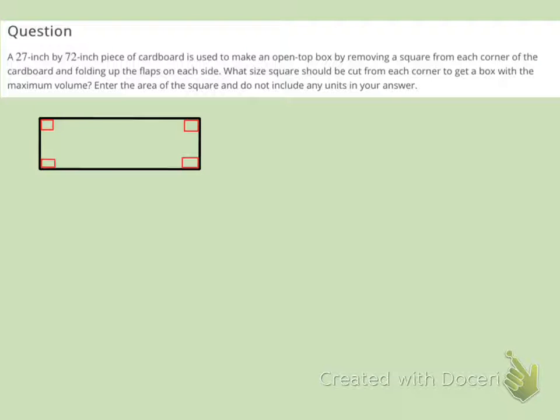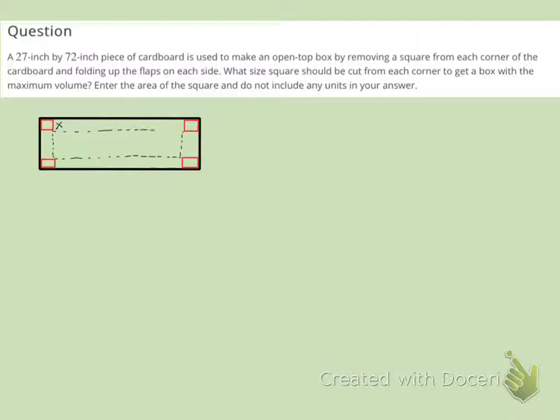Now my red squares should all be the same size, but I could not make that happen, and I'm not going to work at making that happen. Just imagine that they're all the same size. So the red squares are what we're cutting out. They're squares, so I'm just going to call the length and the width of each of these squares x, which means that the base of the box now kind of goes along here because we are folding up